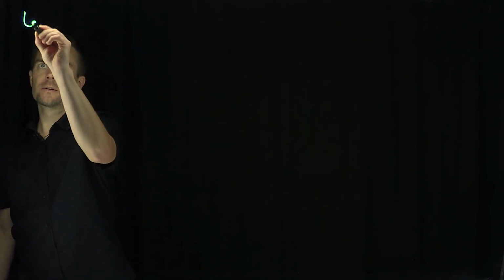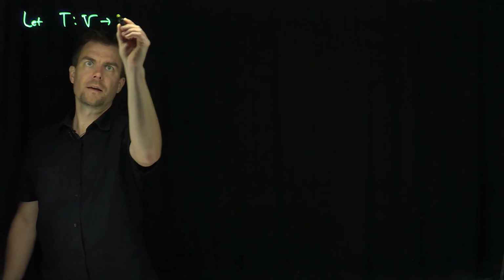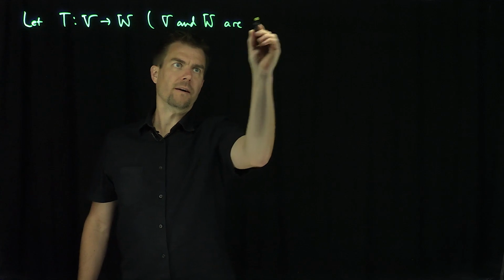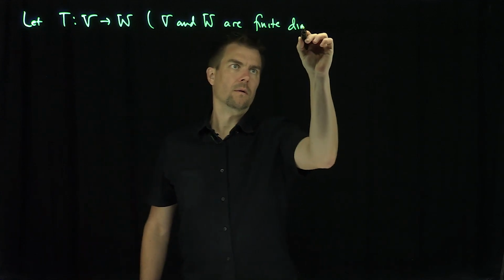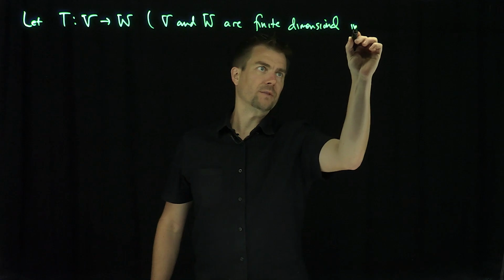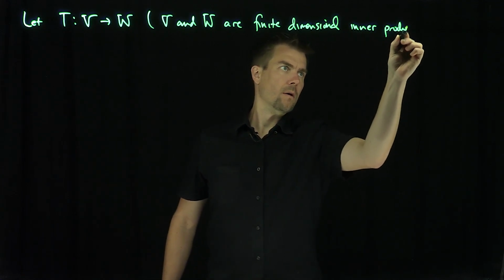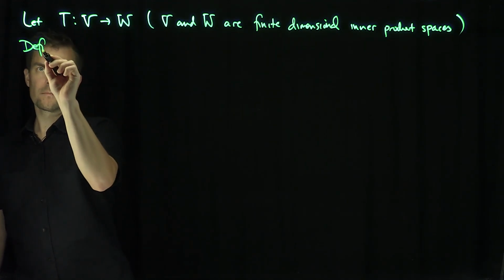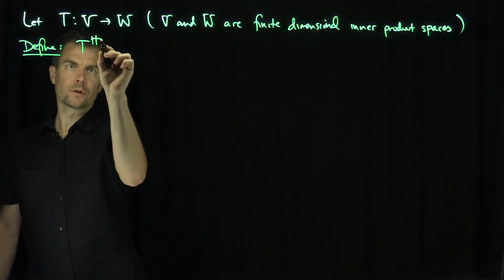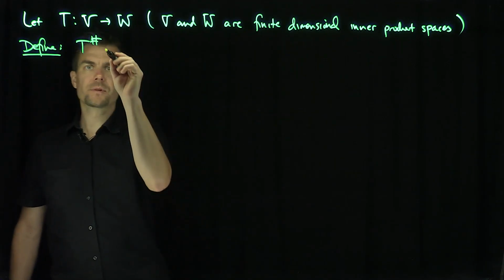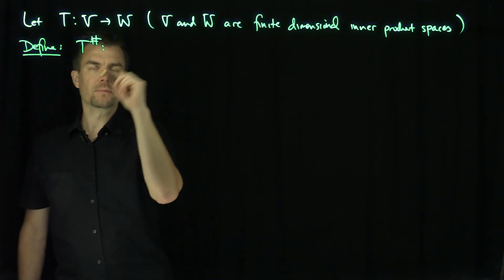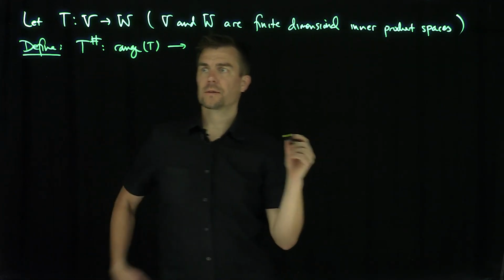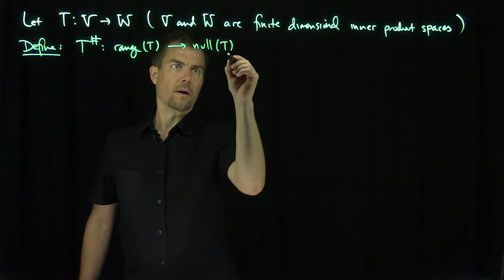Let's recall that if we let T be a mapping from V into W, where V and W are finite dimensional inner product spaces, define T sharp, okay? And T sharp is going to be a mapping that goes from W, the range of T, onto the null space perpendicular of T